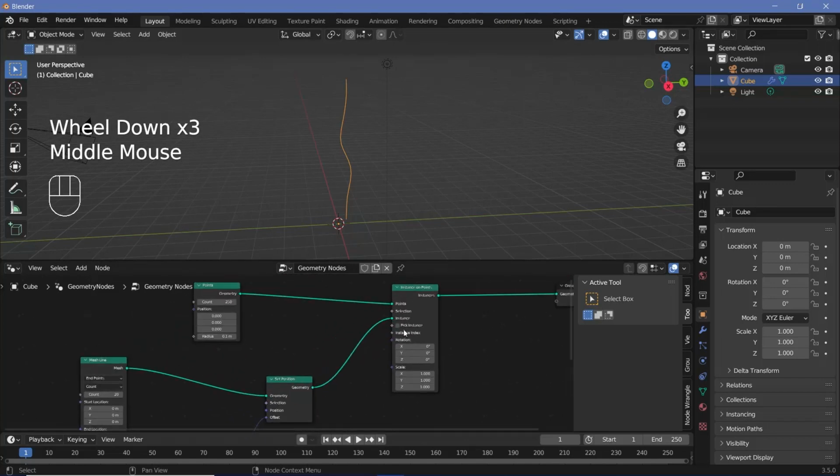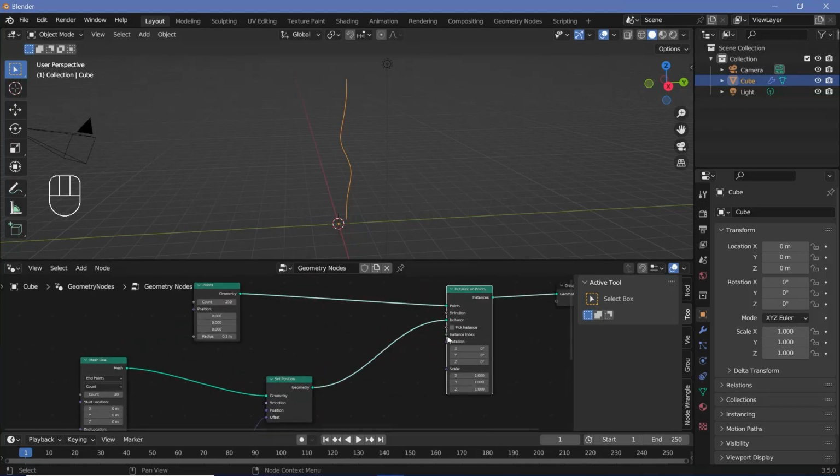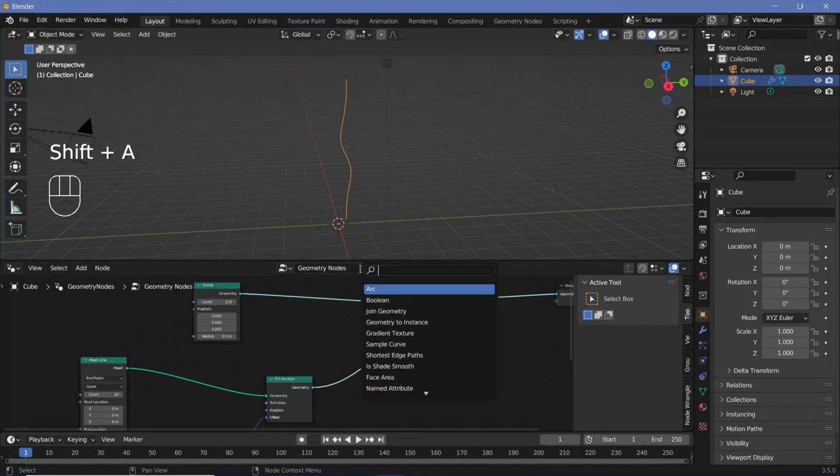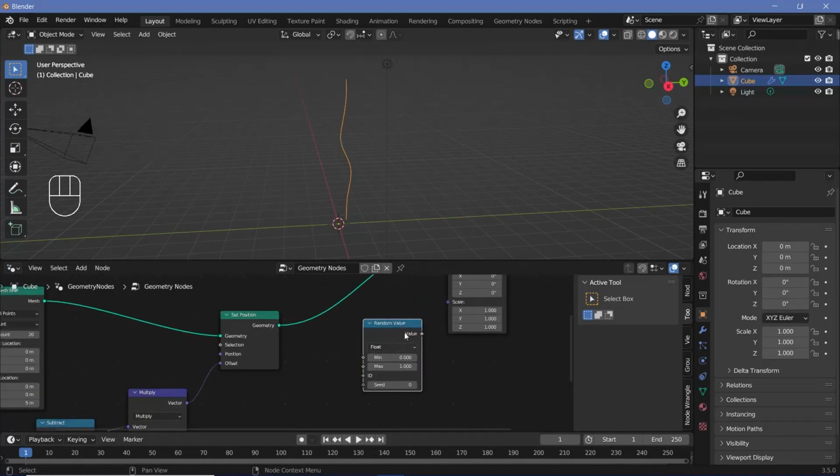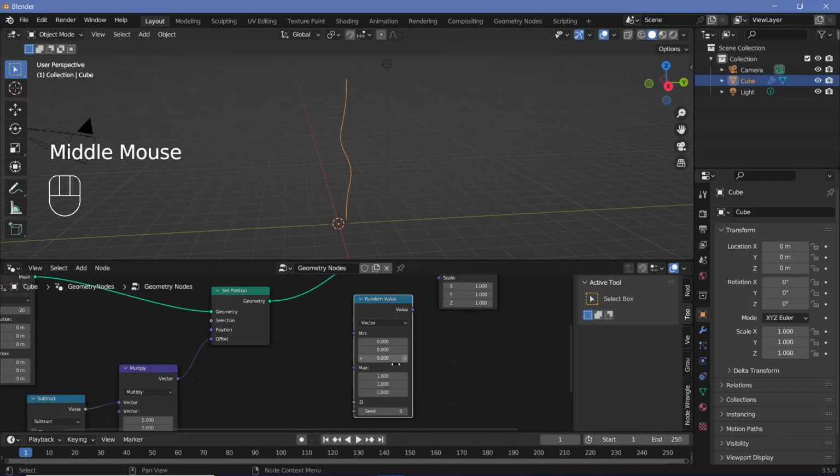To do that, we can go back to the instance on points node and press Shift A and search for a random value node. Now, the random value node is initially going to be on float, but we need it to turn on all 3 of the axes. So we'll change it from float to vector so that we get a different random value on each of the different axes. And if we increase the max value to 2 pi, you'll get values that rotate all the way